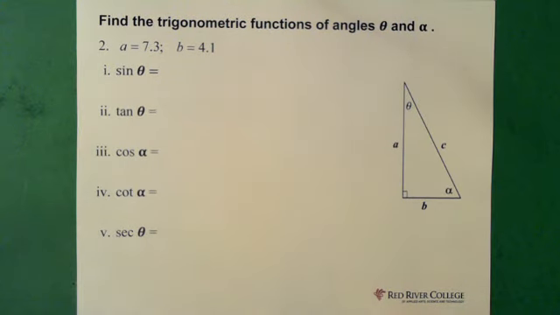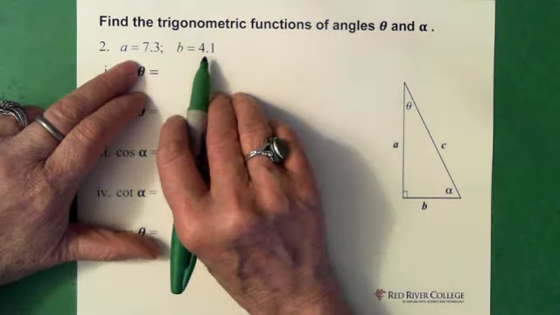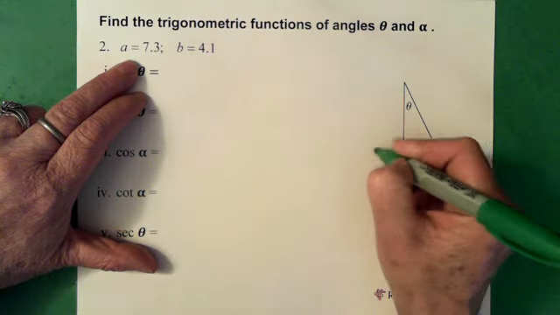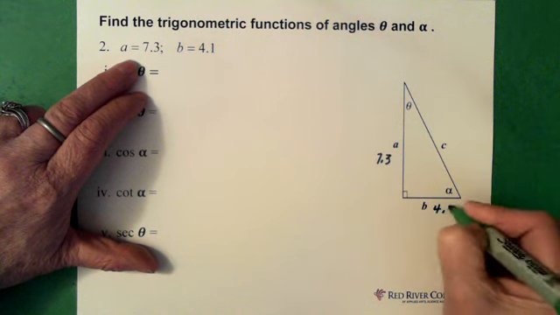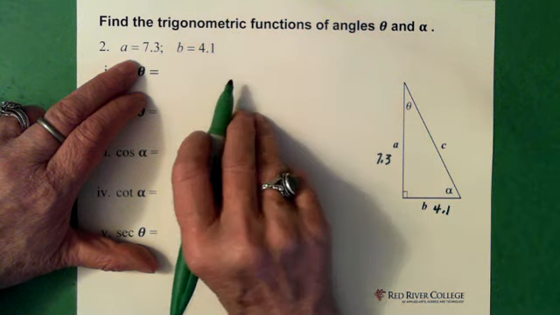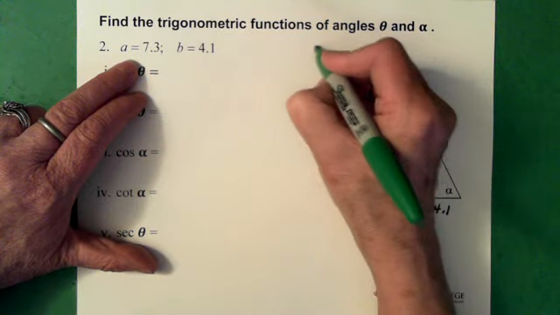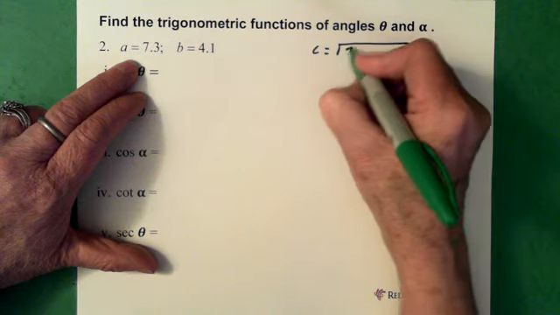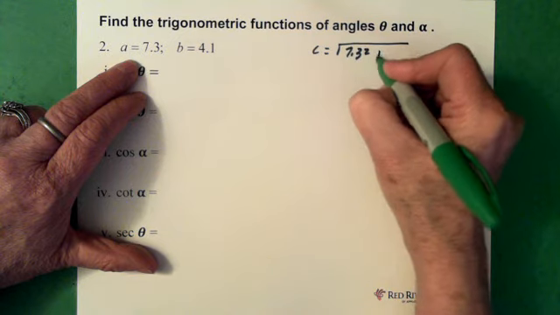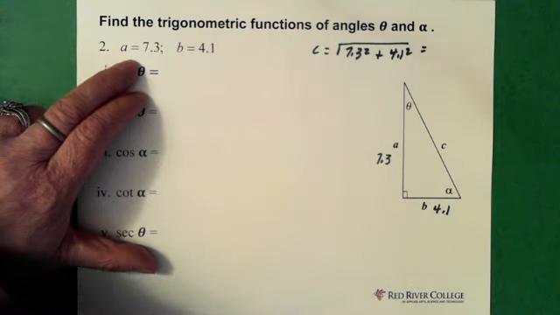Okay, last question. So A is 7.3, B is 4.1. So this is 7.3, 4.1. We need to find the hypotenuse. So that would be C equals the square root of 7.3 squared plus 4.1 squared, which equals